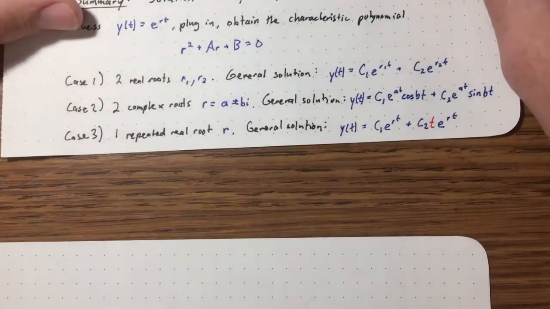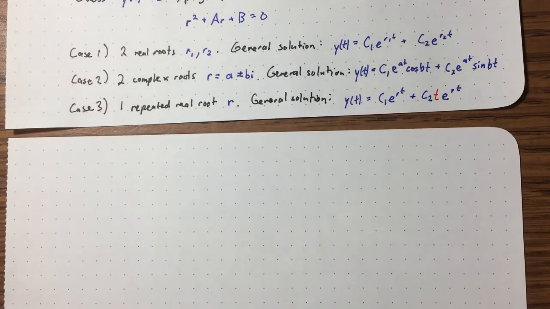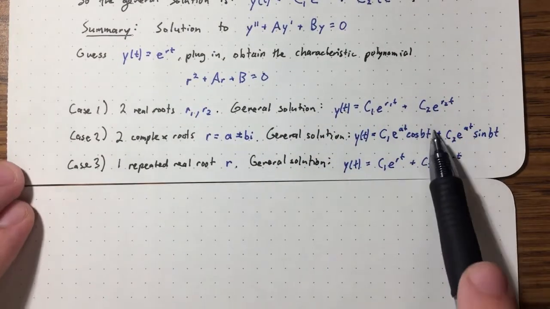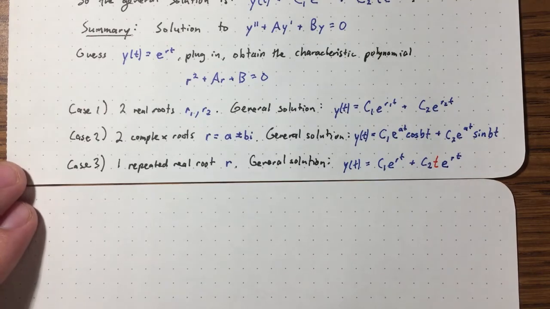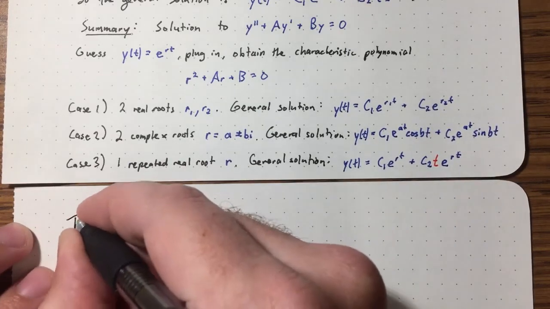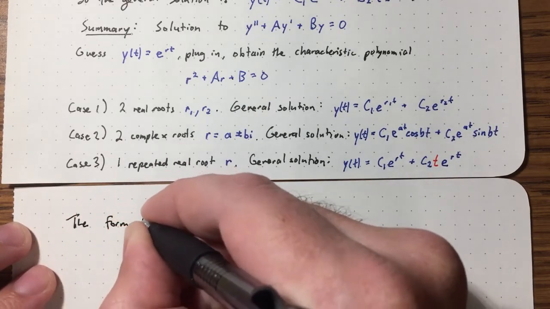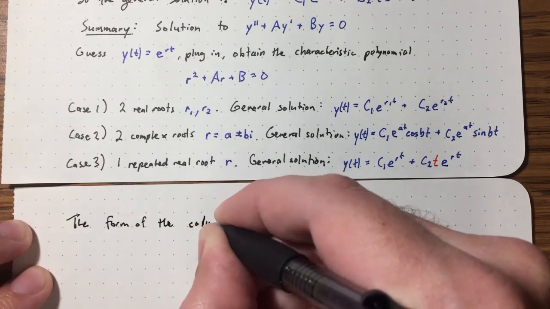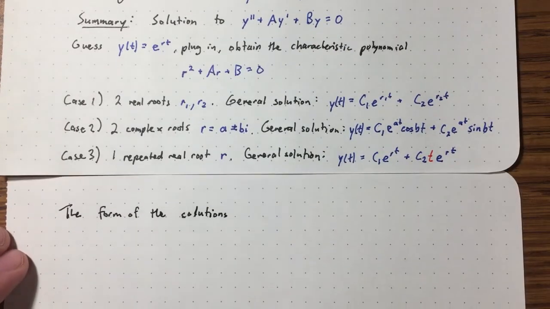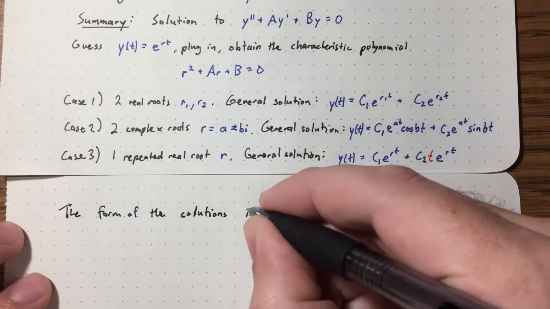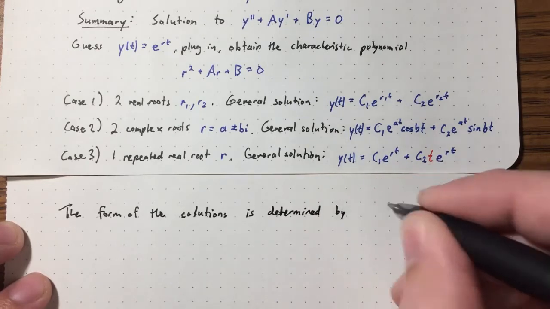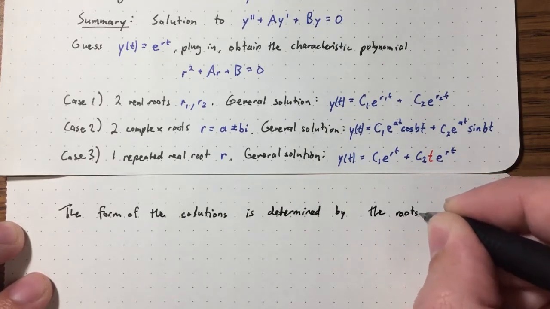So I just want to emphasize one thing that's really important. What is actually determining which case we're in? What's determining the form of the solutions? There's actually just one number you can look at, and then you know what case you're in. So the form of the solutions is determined by the roots of the characteristic polynomial,